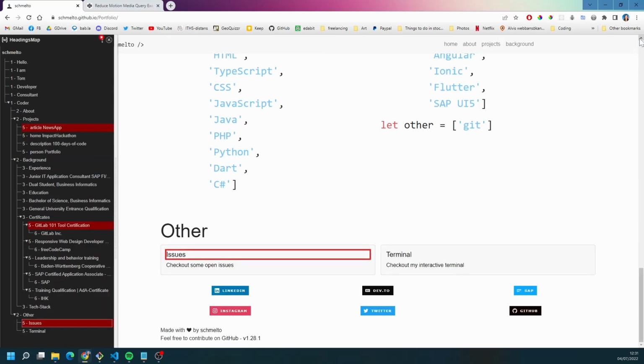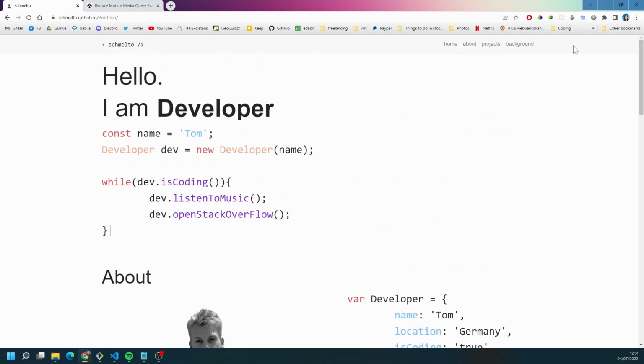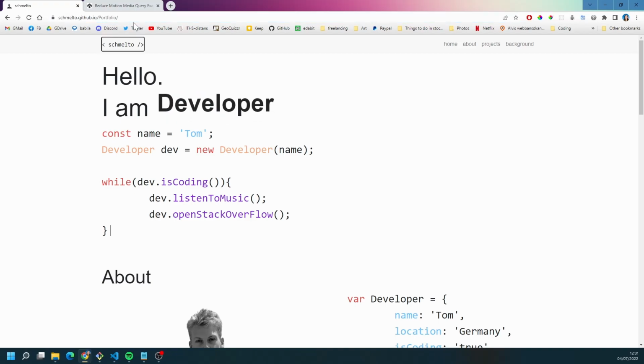So now I'm going to close these two down, and I thought we will test the tabbing order just to make sure we can tab through all of this. So if we start at the top and see where we go, and check that we have a focus indicator as well. So first tab, nice and clear, we end up on the Schmelto logo as expected, and we can see that that's a link down in the bottom left hand corner, and that will take us back to the home page. Then we go to the home link, about,